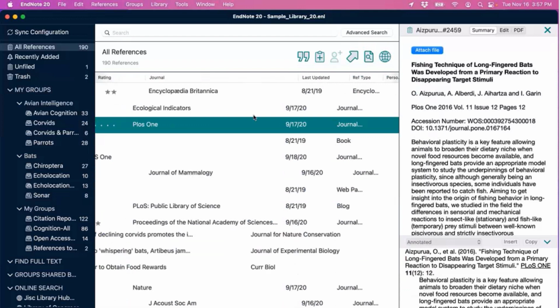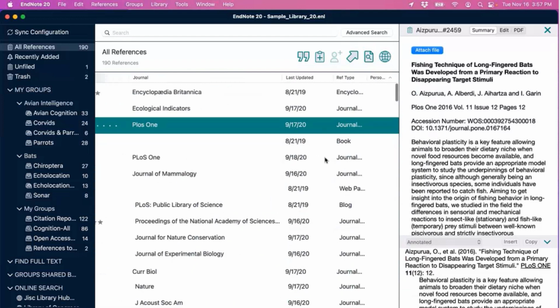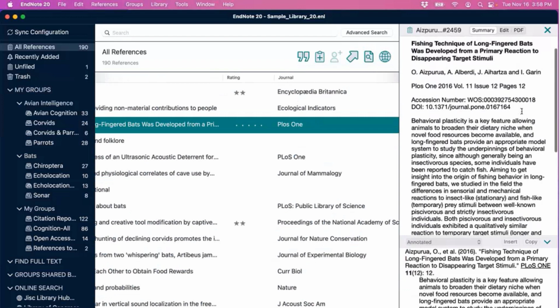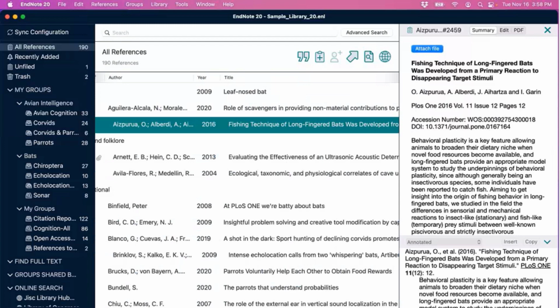Now, on the right side of the library window, we have what's called the reference panel, previously referred to as the tabs panel, but there's a new feature in EndNote 20 that might cause confusion with that term. So again, this is being rebranded to what's called the reference panel. Even though we've really tried to simplify and streamline the interface in EndNote 20 to make things a lot easier to work with in the library window, this summary tab on the reference panel is really allowing us to display more vital information front and center than we've ever been able to in the past.